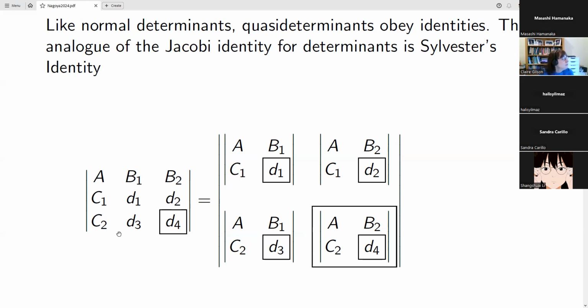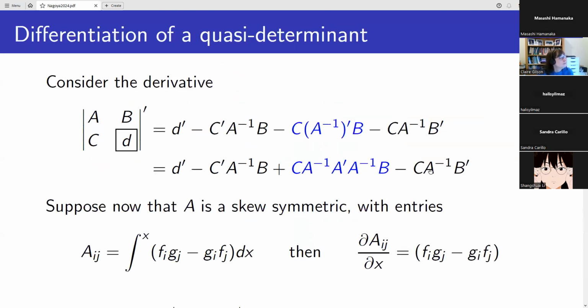because on one side we've got the full quasi-determinant. On the other side we've got something that looks bilinear. Well, in fact, it's not bilinear, because it's got a single entry and then it's got an entry times an inverse times an entry. So it's not a bilinear object. Now, the important thing about quasi-determinants is that when you differentiate them, you get very simple things. And this is the whole key to why this turns out to be very useful.